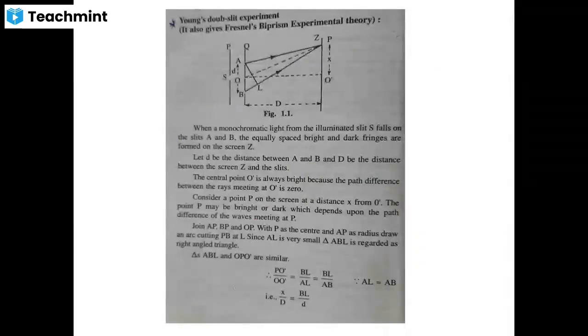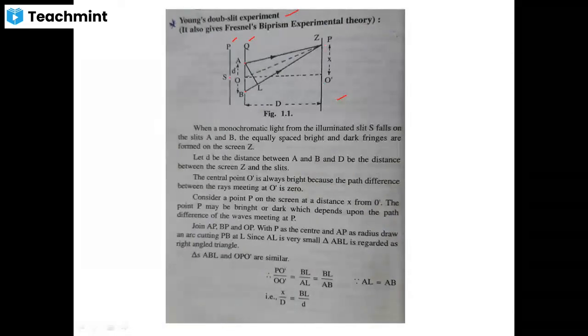Now what I've done is I've taken a direct photograph from the book. I don't want to waste time writing all these things. So here this is about Young's double slit experiment. We'll be discussing Young's double slit experiment, and at the same time we are going to obtain an expression for fringe width. So this is the diagram. The same Young's double slit experiment diagram we have here. Now here P is a single slit having a small opening, right? Q is one more slit having two openings, one opening here and one opening here. So there are two openings.